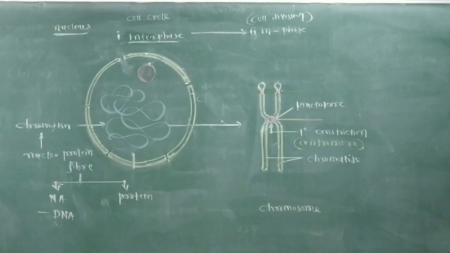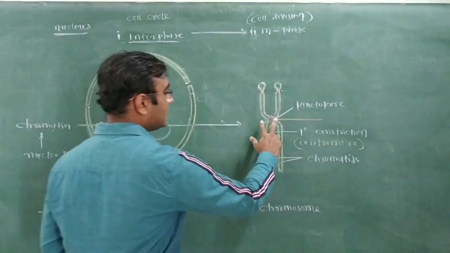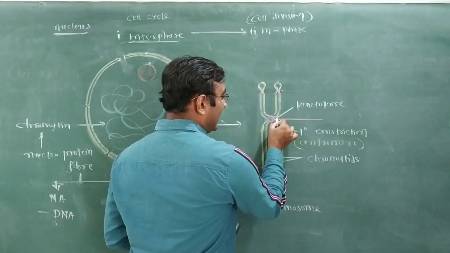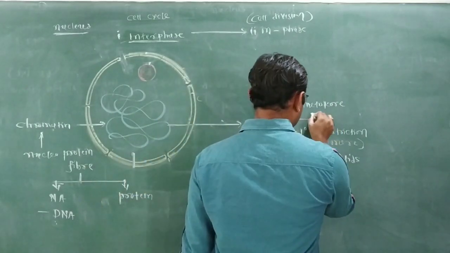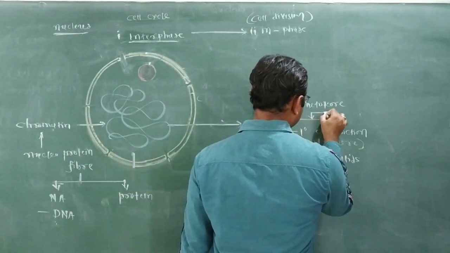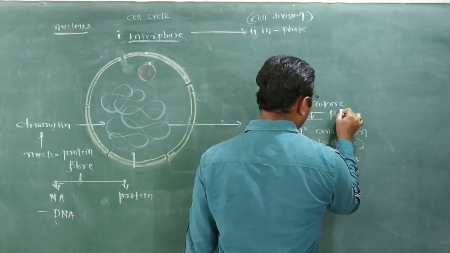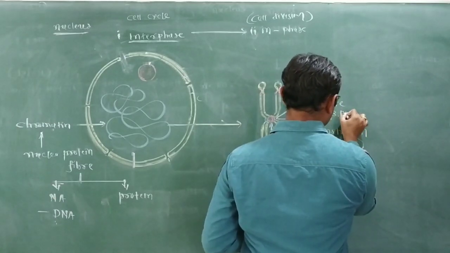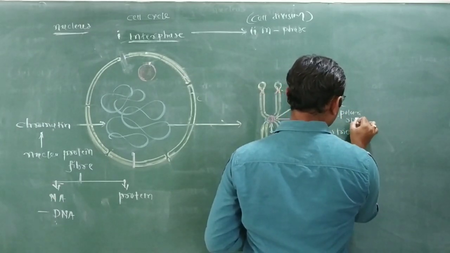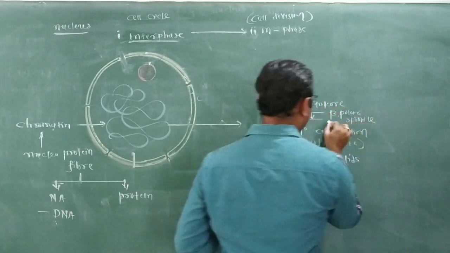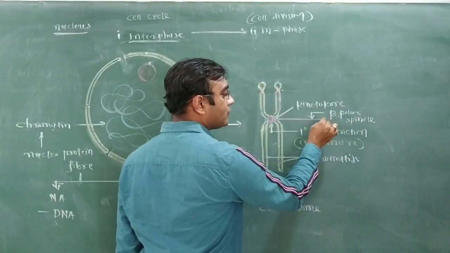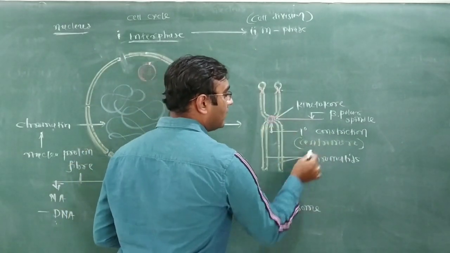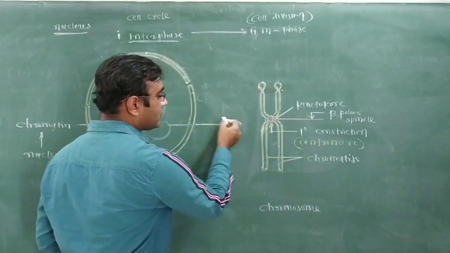Now we are discussing the significance of the kinetochore on both sides. At the time of cell division, at the place of the kinetochore, what structure is there? That is the bipolar spindle. The bipolar spindle, as you know, has one end attached to the centriole and the second end attached to the kinetochore of a centromere. The second side is also the same.